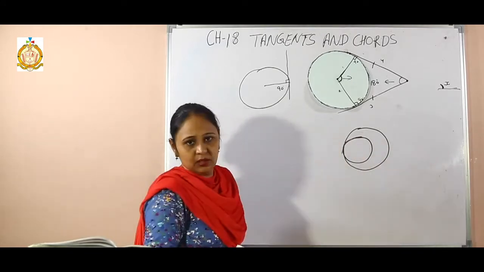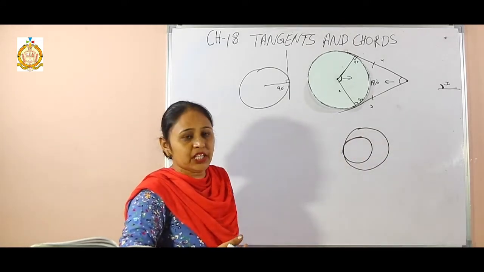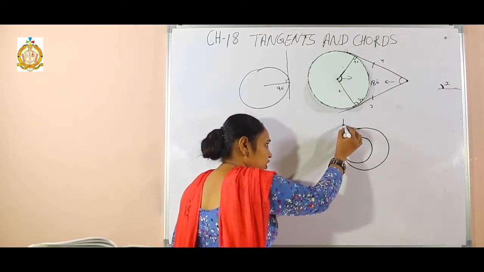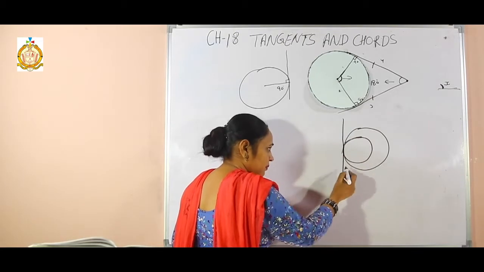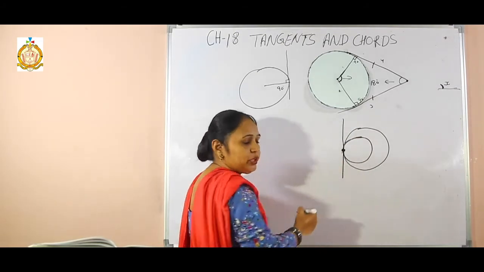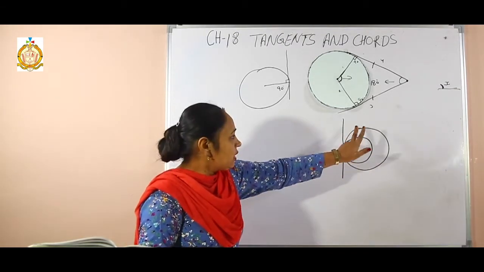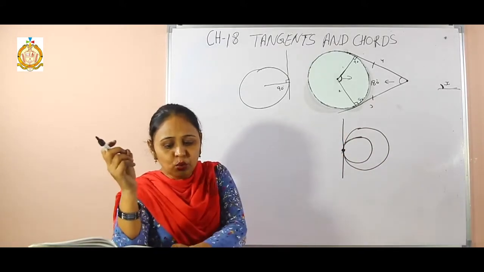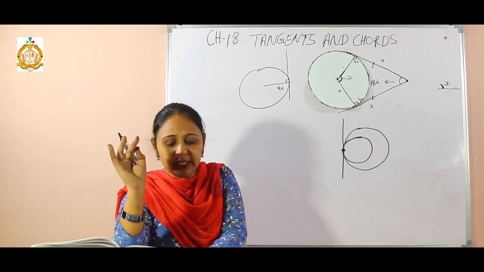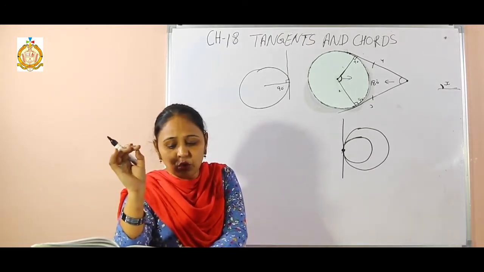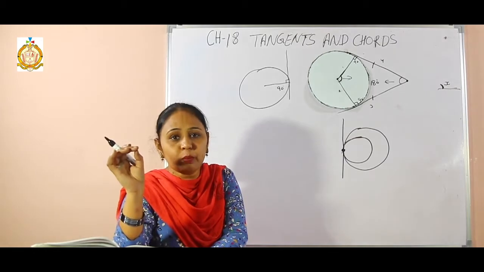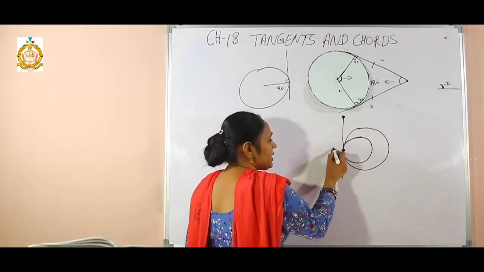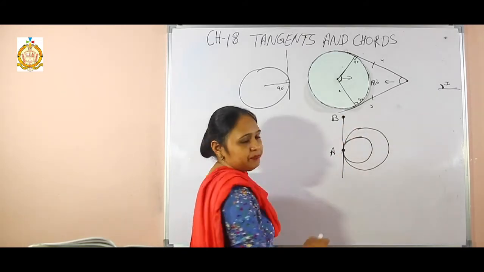This is the other. Now the common tangent, where can the common tangent lie? They have the same contact point, so there will be a common tangent. This is the point of contact, the common tangent, because two circles touch at a single point. Then he asks about the tangents drawn to two circles from any point on the common tangent. I take any point on this common tangent, this one, B.